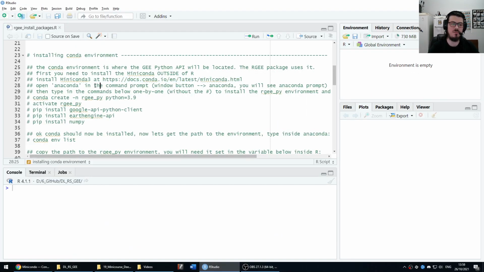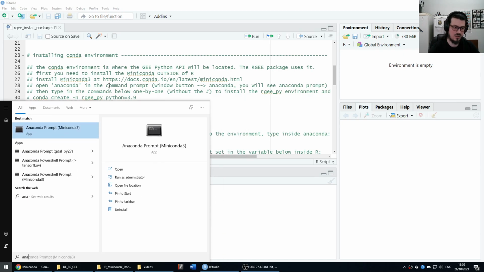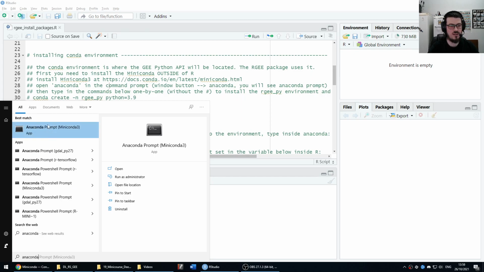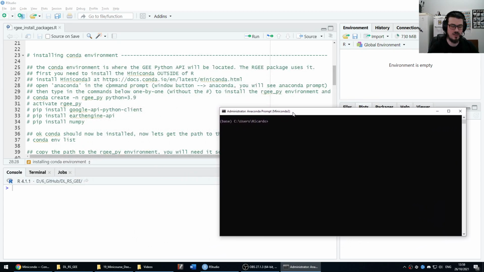Then something that may be a bit confusing for lots of people, you will open the Anaconda environment, the Conda environment, by pushing the Windows button and then typing in Anaconda. So this is the thing you're looking for, Anaconda Prompt. So you open it, then you type in the commands in the script inside this R script one by one,